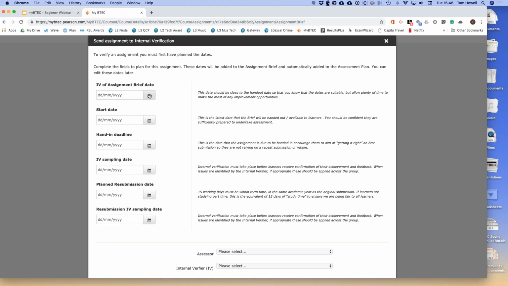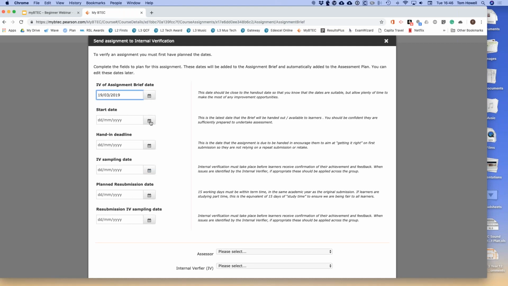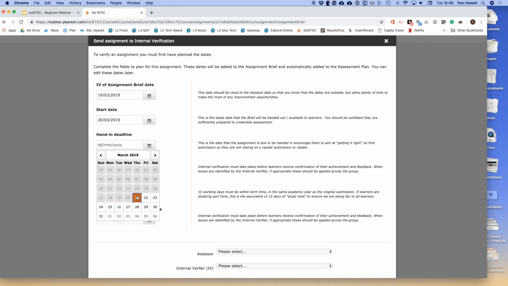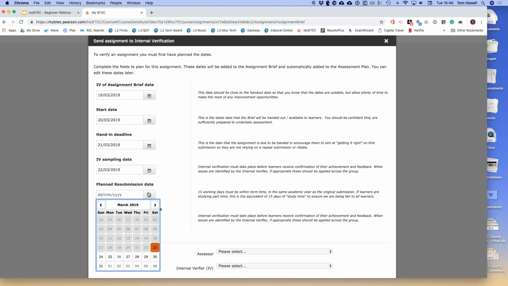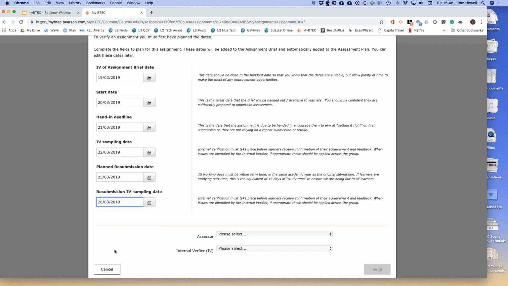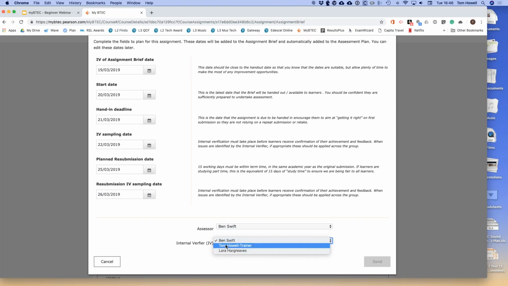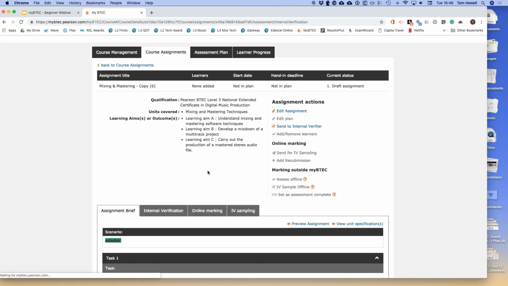Before it can be sent to an internal verifier, it needs to have dates added to it. So let's say that we internally verified it on the 19th, we gave it out to our learners on the 20th, they handed it in on the 21st, I'm going to do the IV sampling on the 22nd, the resubmission date will be the 25th, and IV resubmission on the 26th. Ben is going to be the assessor, I'm going to be the internal verifier, and now I'm going to send it. So I've added all the dates,